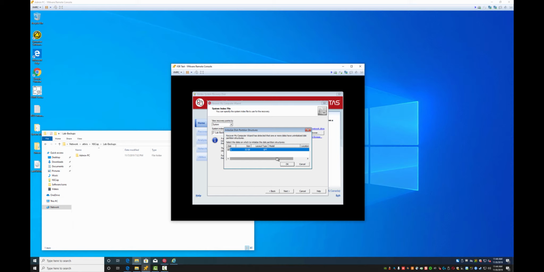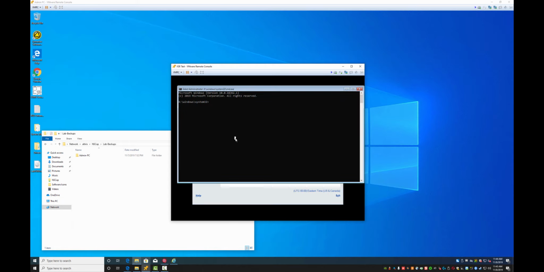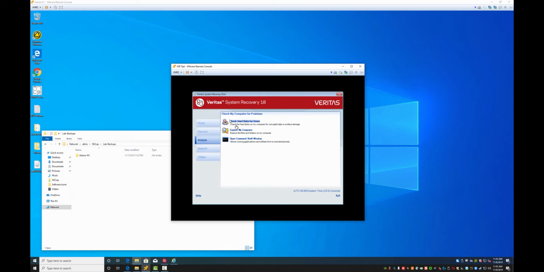Now, if you throw a hard drive in that is used already, you kind of want to come over here to analyze, open command shell. You want to do diskpart, list disk, select disk. Now it would show the disk here, and you would select the disk if it's 400 gig, 500 gig, a terabyte, whatever. You would select it, and then it would say now selected, and you'll do clean. Okay, and that's it. Just stop there. Once you say yes to clean, you exit, and you come back,